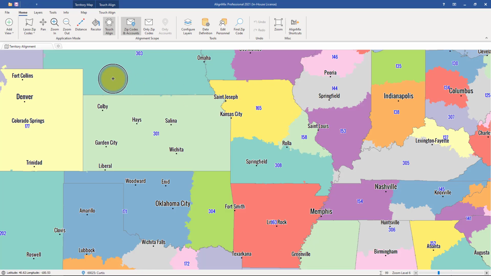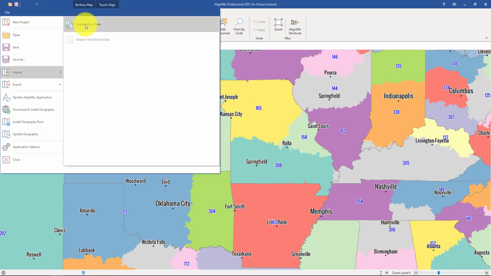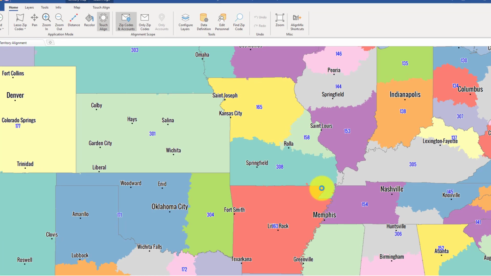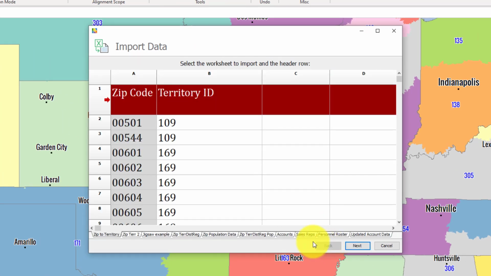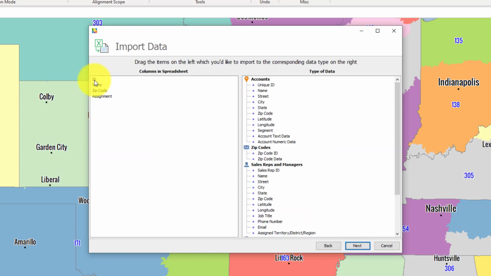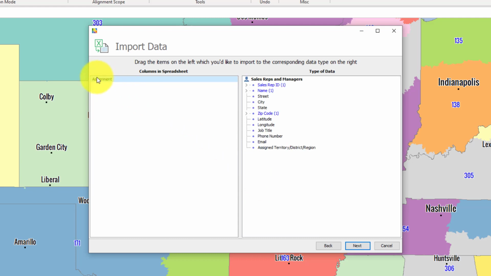And now we can start that sales rep import. To do that, you click on File, Import your data, select the file for import, and click on Open. From here, we click the back button and select the Sales Reps tab and click Next. Now we simply drag and drop the sections from the left to the right. Name goes to name, home zip code goes down to zip code, and their assignment goes down here to assign